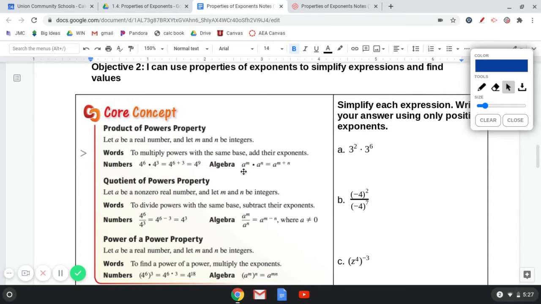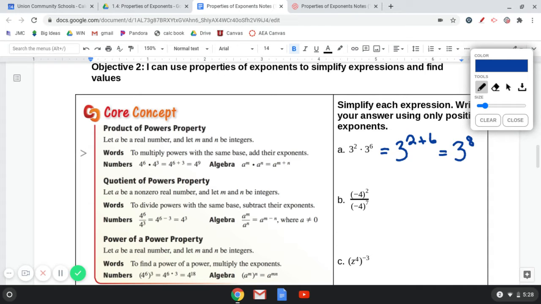In general terms, if you have a to the m times a to the n, this equals a to the m plus n. All right, I lied before. Let's just go ahead and do this first example A right now. If we have 3 to the 2 times 3 to the 6th power, this is really 3 to the 2 plus 6 power, which is 3 to the 8th power,